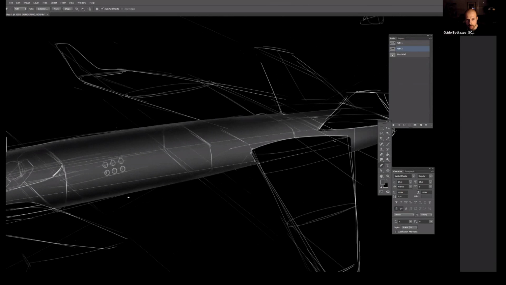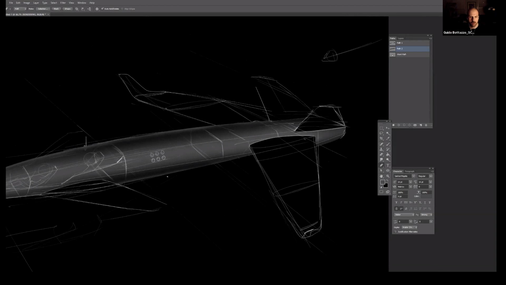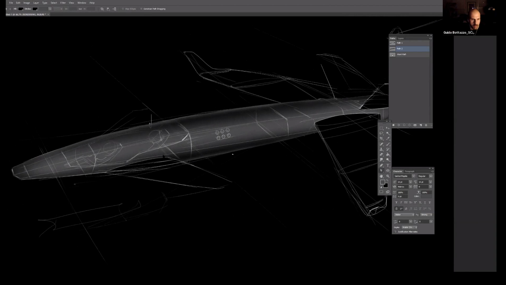So on top of it, I just sketched a new selection. I'm going to fix it, turn it on, a little bit of feather to number 2,